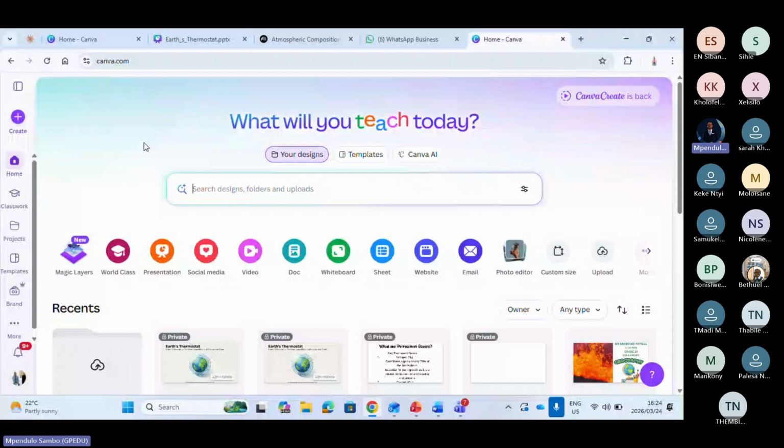Thank you, colleagues. So on Canva, let's do this one. Once you are activated, it will show you like this, what you want to teach today. So this is for educators. All of you are eligible for free, colleagues, and after the meeting we want to post the steps. Kindly subscribe for free. Okay, so, all right.